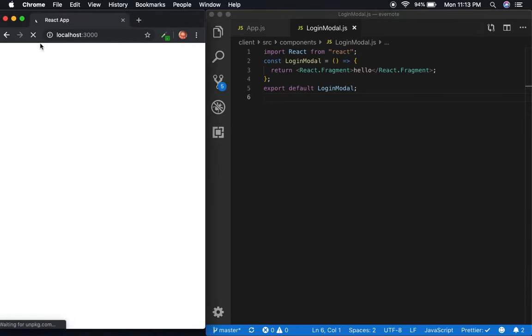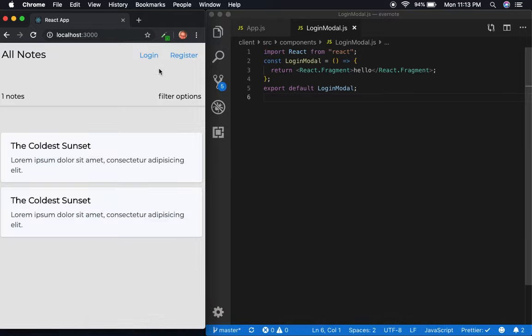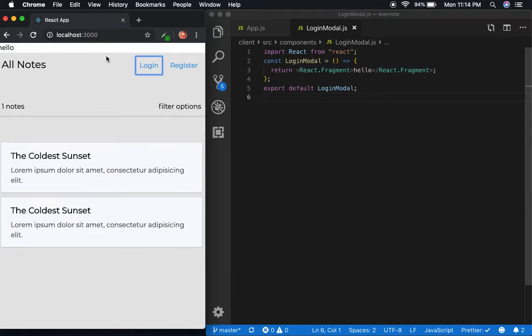Oh crap! Hold on. Okay, there we go. So it's working. If we go to toggle it, we can see the hello back and forth, right? Now in our case, we want to have the login modal show back and forth instead of